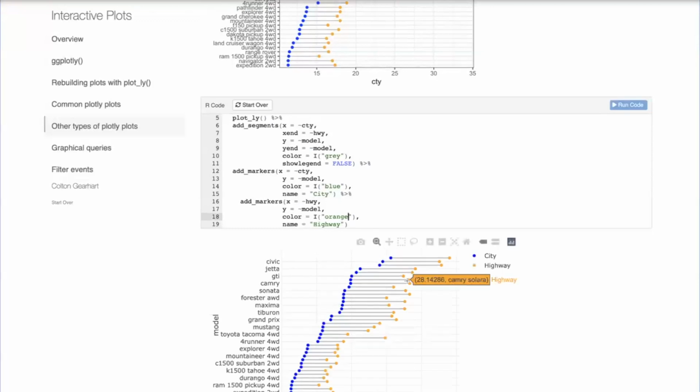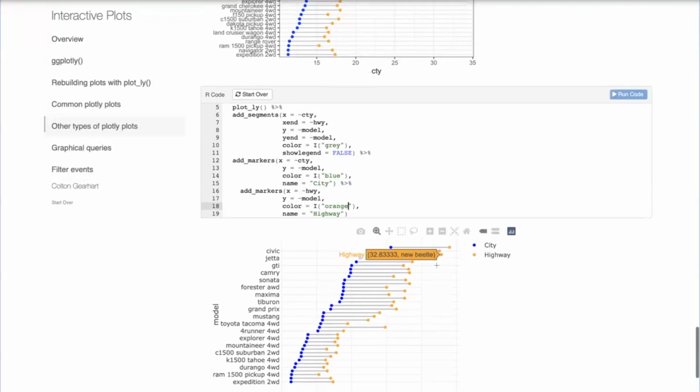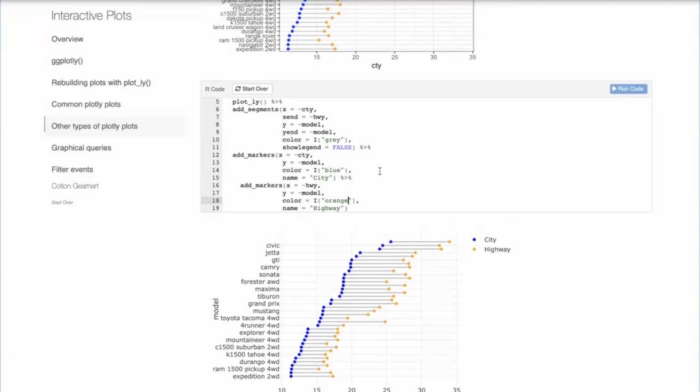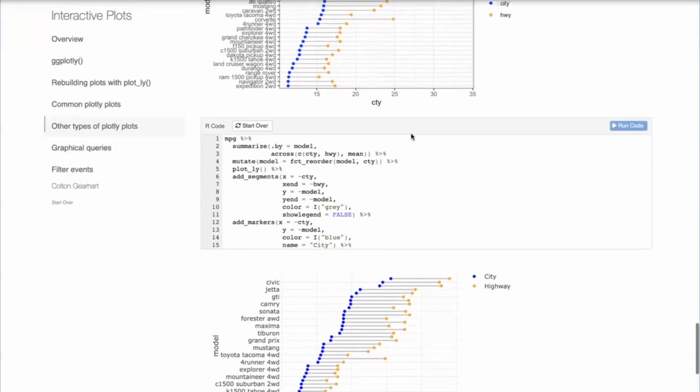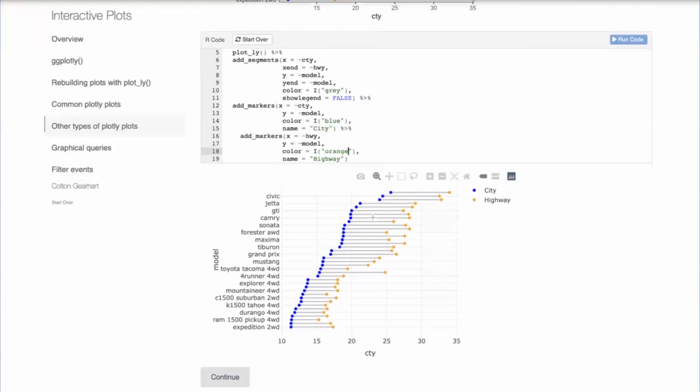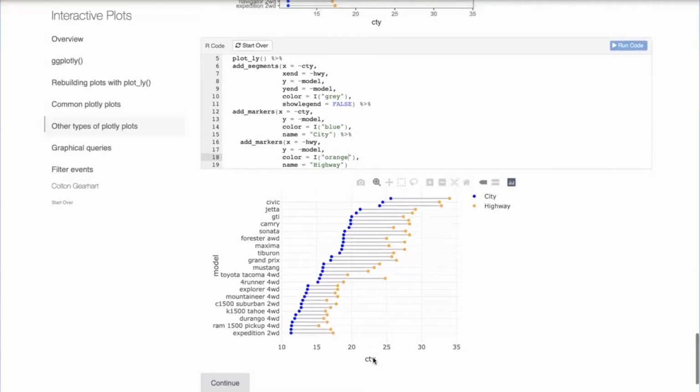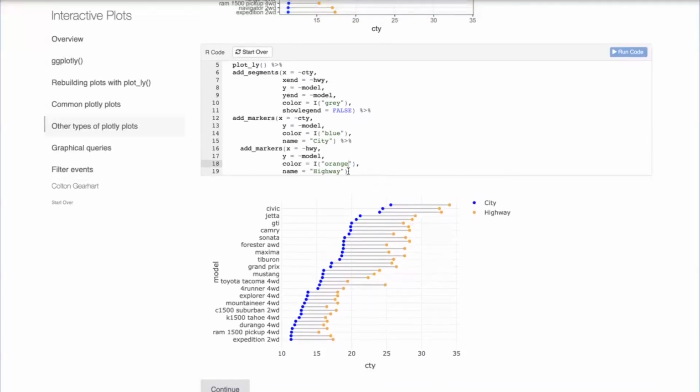And there we go. There is our nearly completed dumbbell chart. The only thing that we can do to improve this is we could add a title, but we could also change this so it's not just referring to the city miles per gallon, because the highway is on there as well. So to change the x-axis title, we can do